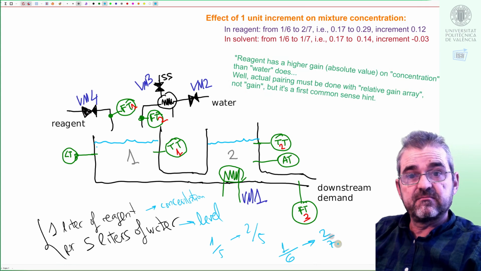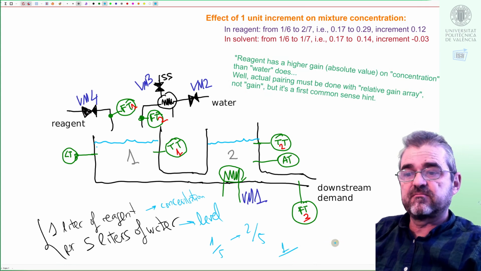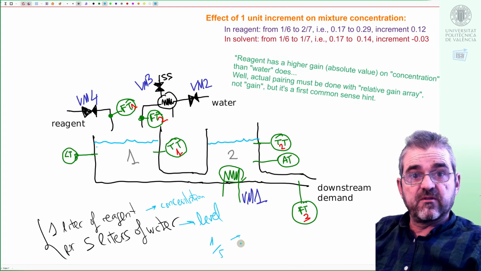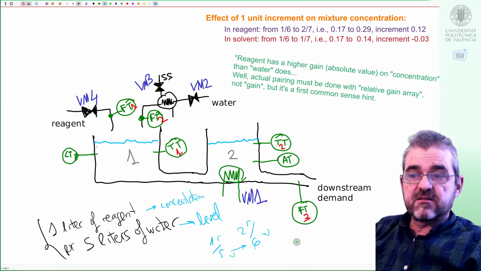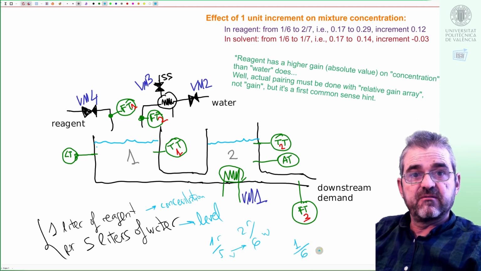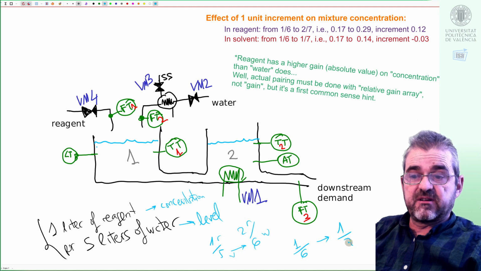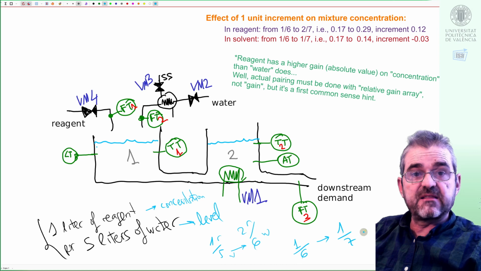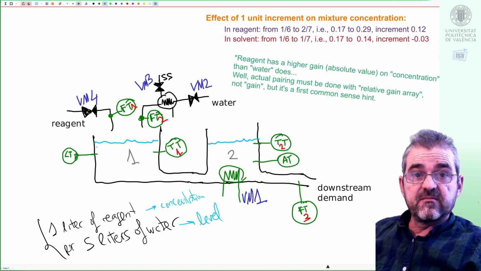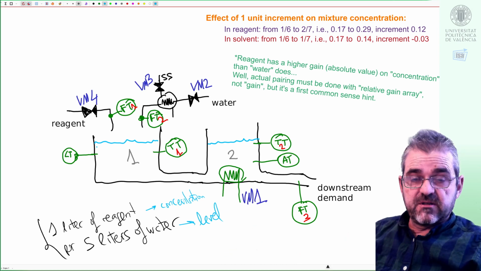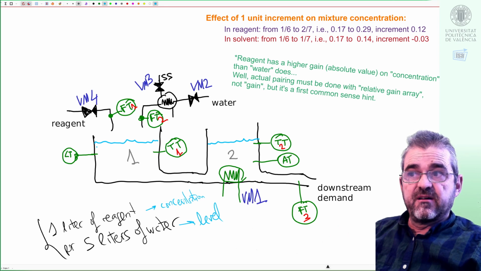This is a big increase. On the other hand, if I increase water from 5 to 6, then the concentration will decrease from 1/6 total proportion of reagent to 1/7. Then this is a much smaller increase if you compute that. So grossly speaking, the flow to concentration gain of the inflow with lower nominal flow figures is the one that